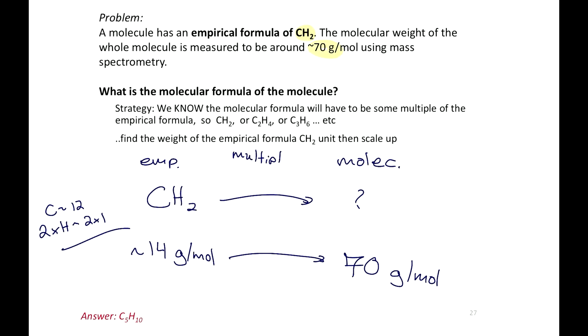That multiplier is going to be a whole number, all right? So you can just guess and check and figure out, okay, how many times does 14 go into 70? Or you can just use your calculator and do 70 divided by 14, and what do you get? 5. All right? So 5 of the empirical formulas go into the molecular formula. Once you get that 5, you do the same thing to that entire formula. So this molecule has a molecular formula of C5H10,